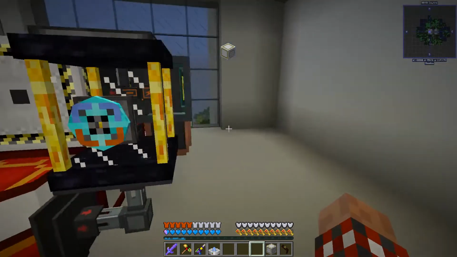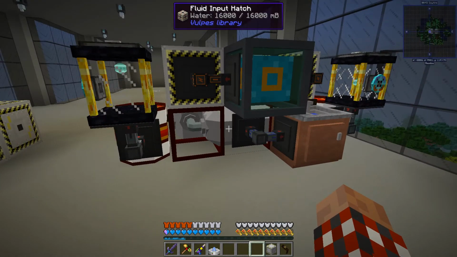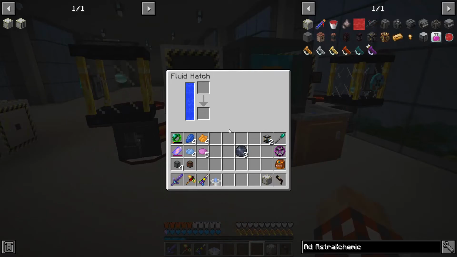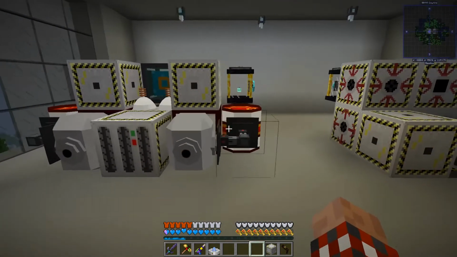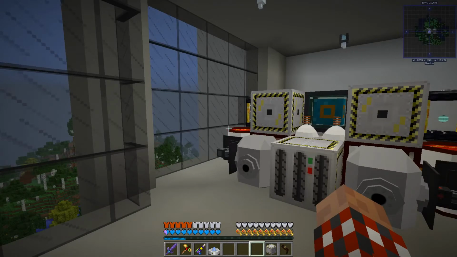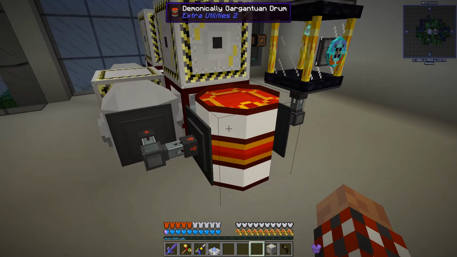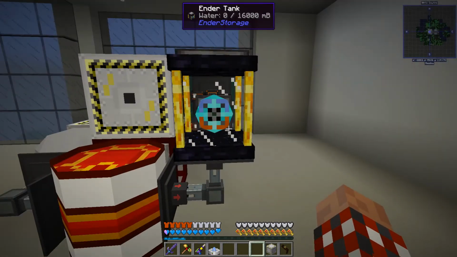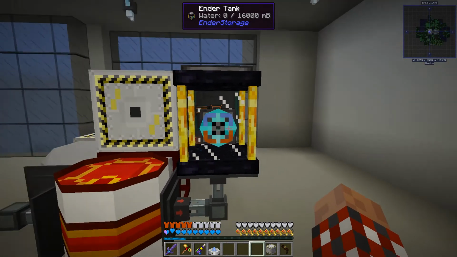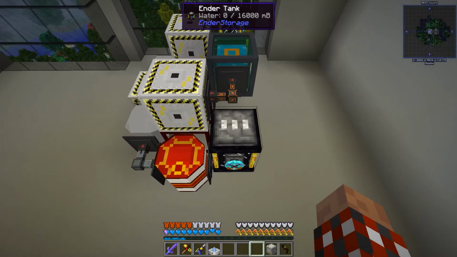And the way I've got this set up here, it needs water to come into the back, which actually is fully watered, which is good. And then it's going to produce, I think it's hydrogen on this side and oxygen on that side. So I have them going to gargantuan drums, so there's a large amount. And then they output to an ender tank, so now I can transport this stuff anywhere. Unfortunately, they're all the same color. So